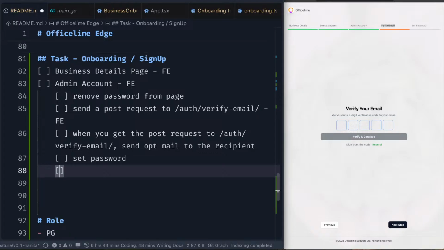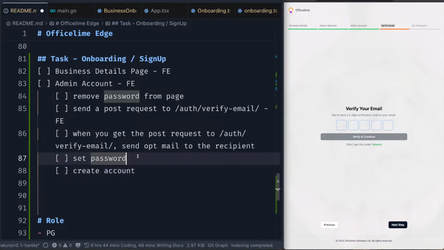There are two tasks that will be done. I'm trying to make sure that we have one single call that will do both things, and that's what happened if you set password before. Okay, so we have set password, then we have create account. So this will work together,